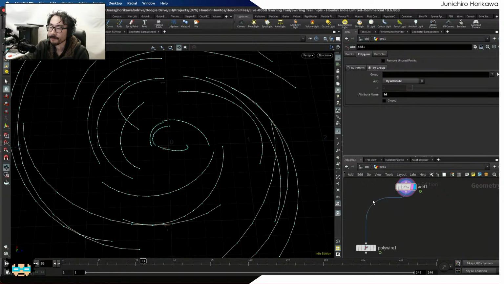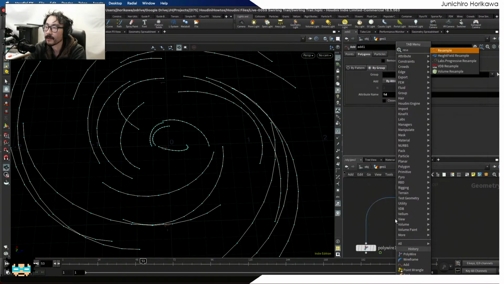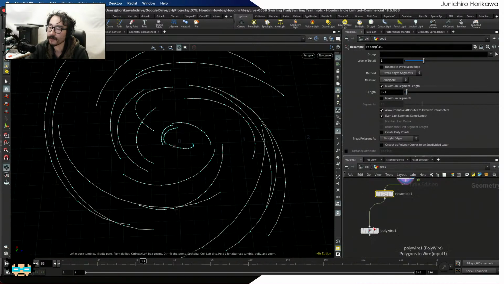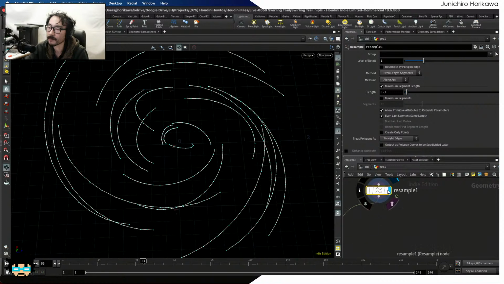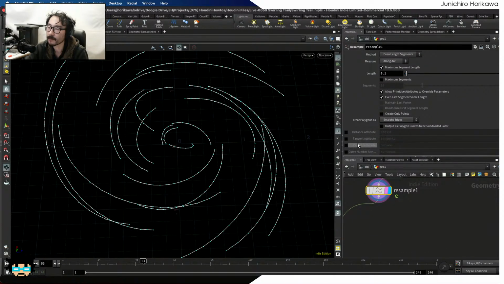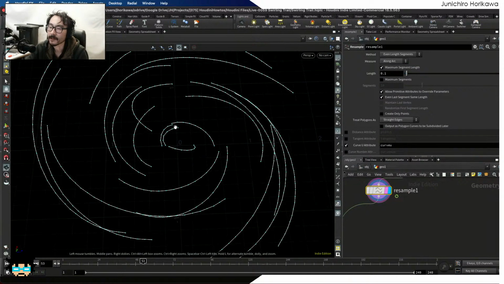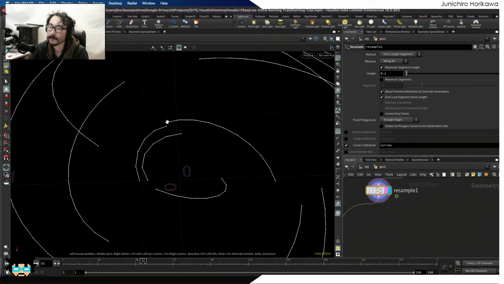But instead, I'm going to make a resample to have a constant divisions for each curve, and at the same time, I'm going to promote the parameter called curveU,